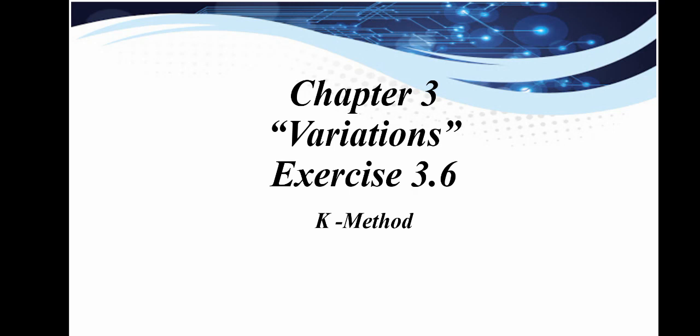So the main difference is, if there is the word prove in the very start of the statement, then you will use componendo, dividendo, invertendo, alternando theorem. But if there is if written in the very start, then you will use K method. Coming towards question number 1. Question number 1 is, if A ratio B is equal to C ratio D, where A, B, C, D are not equal to 0, then show that.